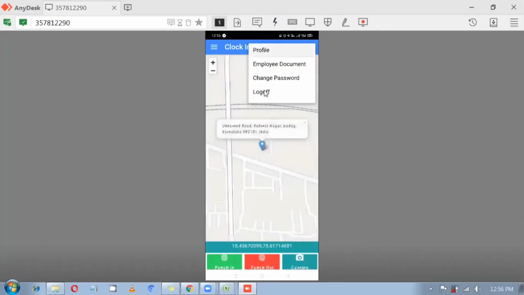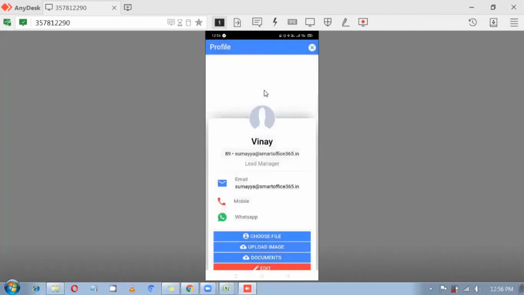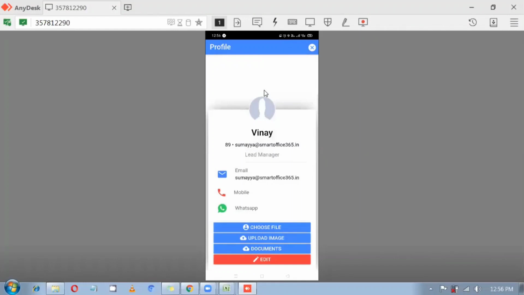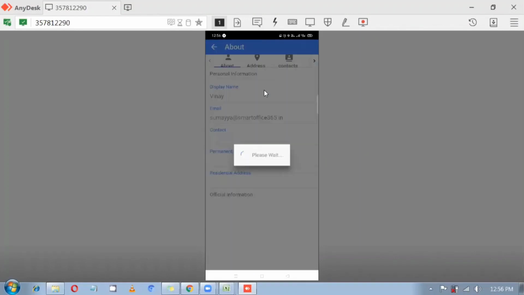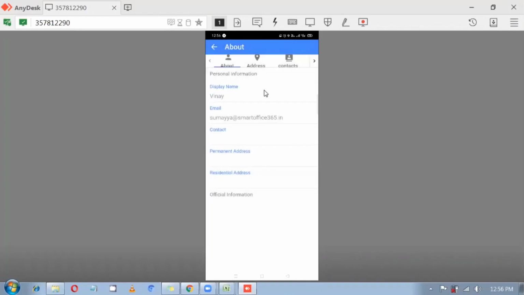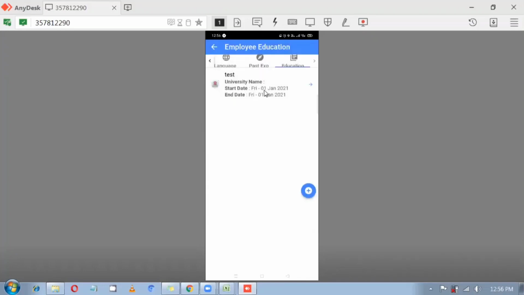From this mobile application you also have the profile option. Whatever I told you about updating the profile will be shown here. You can update your profile from here also, like your important dates, banking, skills, as I showed you in the web ESS.